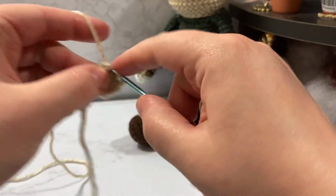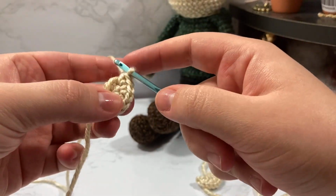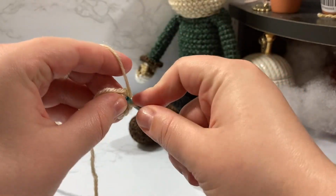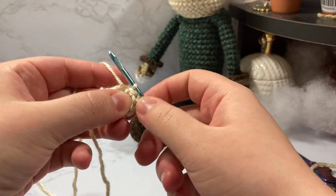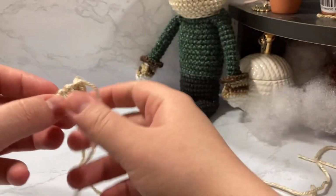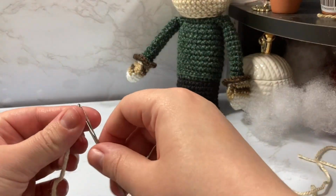This is the 4th and almost close to the last one. 7 and 8. And on the last stitch, instead of putting 2 stitches inside of it, I'm going to go in like normal and just put in my first stitch. And then I'm going to go inside that same stitch and I'm going to slip stitch and cut my tail. Like so. I have everything pulled through, and what I usually do is I'll take my tail that I had been working with on the inside, my very first tail,